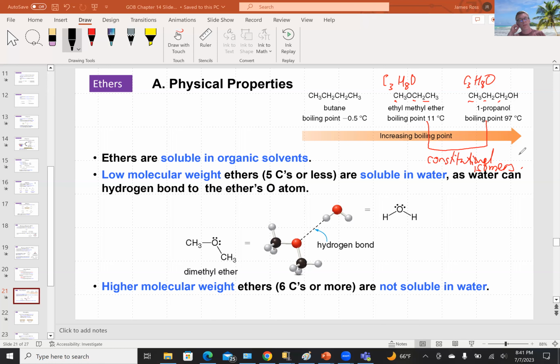Again, don't think isomers have to be the same functional group, like they all have to be alcohols. No, they just have to have the same stuff, but chemically rearranged, the ingredients that you're given. So here we've gone from an ether to an alcohol, so they would be constitutional isomers. Okay, this diagram just shows you